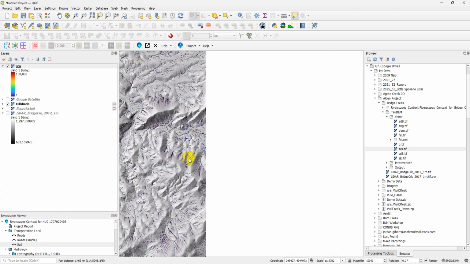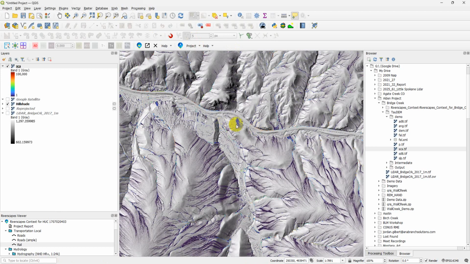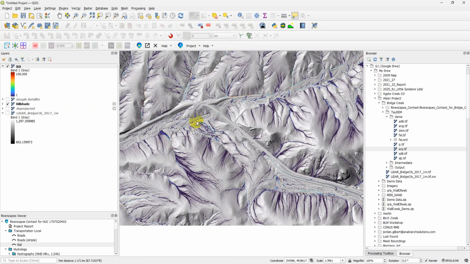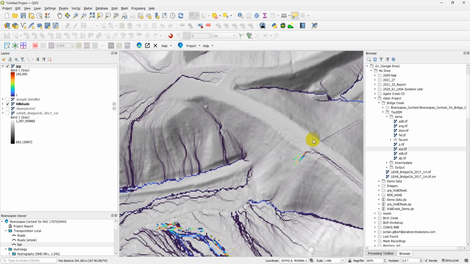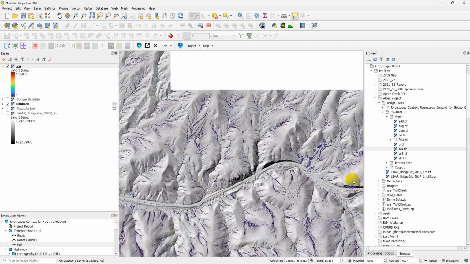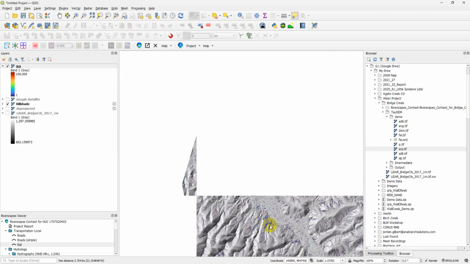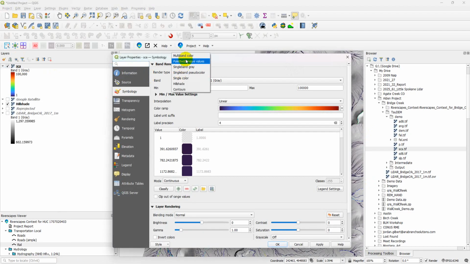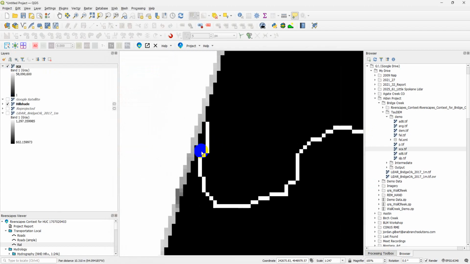So I know we had a big berm up here that we wanted to make sure we got through. Or sorry, I apologize. This is not that raster yet to check. This one I need to go back to. I just need the outlet point. So